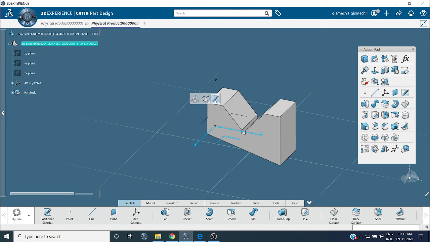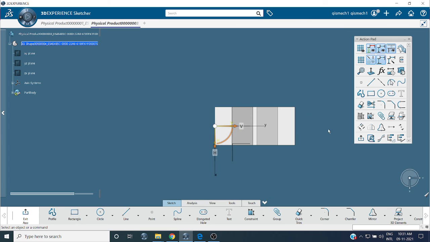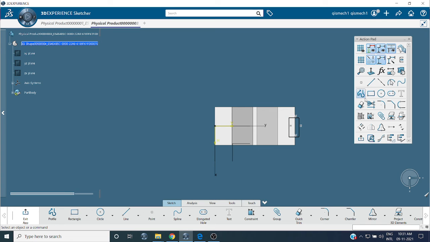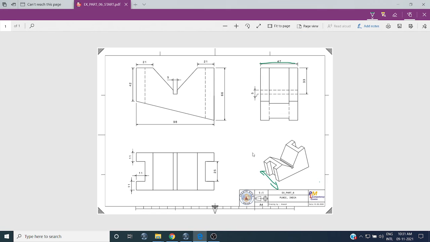Going to the top view, two rectangles. Length is 25, second length it is 11. From the edge to the rectangle the dimension is 11.